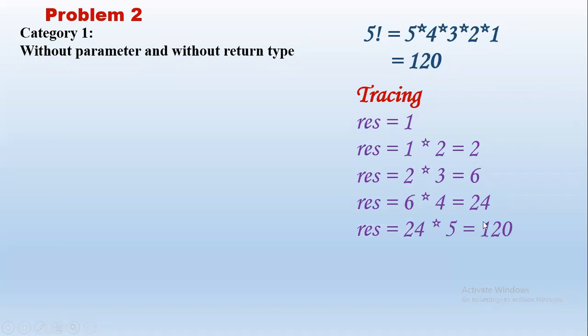So this is nothing but 5 factorial. Now where do we stop? When i becomes 5. So that is the value of n. For example, if we take n as the variable, for n factorial we will stop the i value at 5. So when i becomes 6, we need not continue to multiply. So this is the basic tracing.